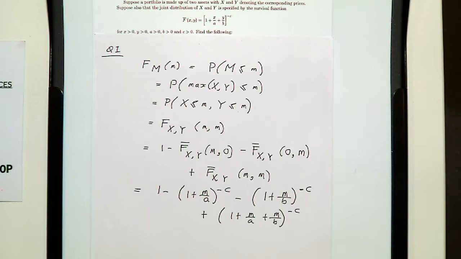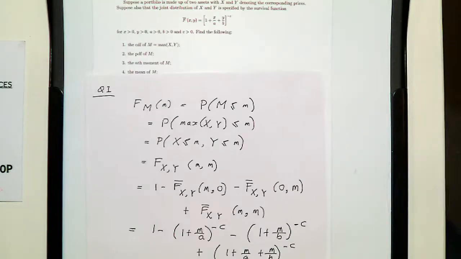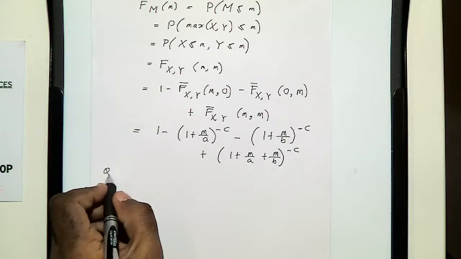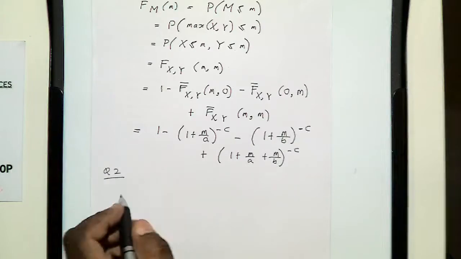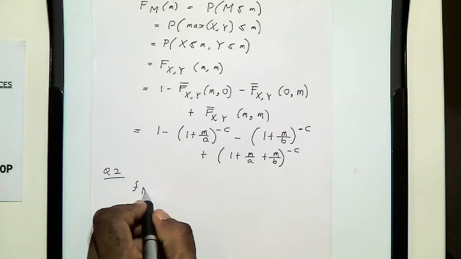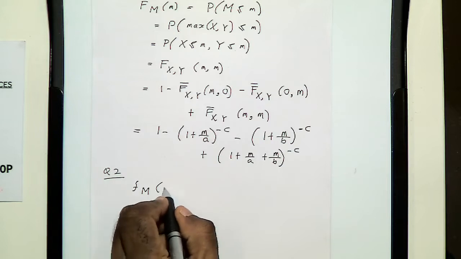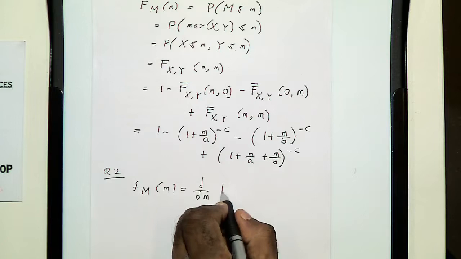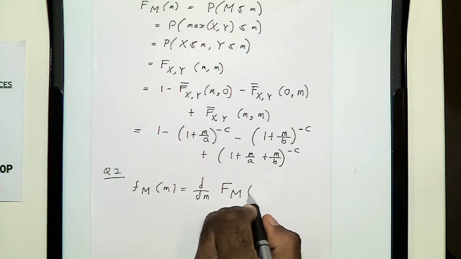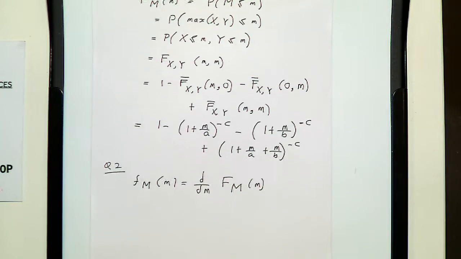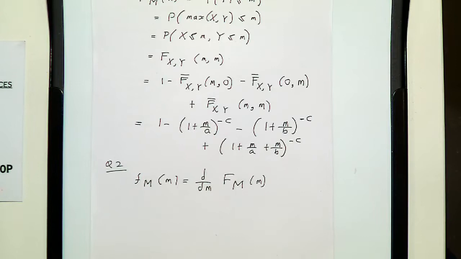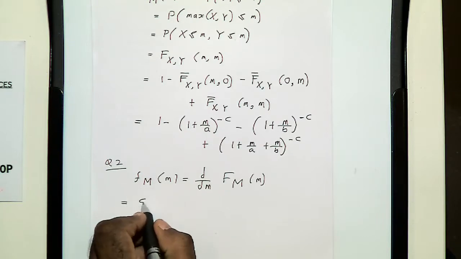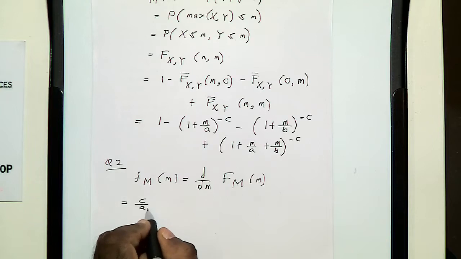Right, so that's question 1. Now question 2 is to find the PDF of M. The PDF is basically the derivative of the CDF. So in order to find the PDF of M, you just need to differentiate the CDF of M with respect to m. So you differentiate this with respect to m. So you get C divided by, correct me if I'm wrong,